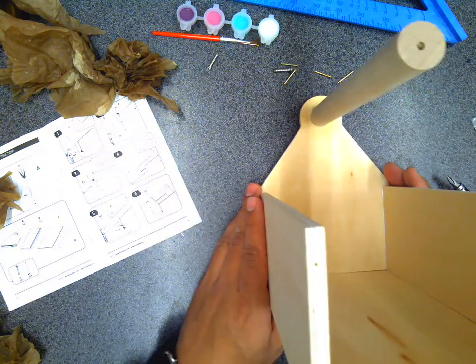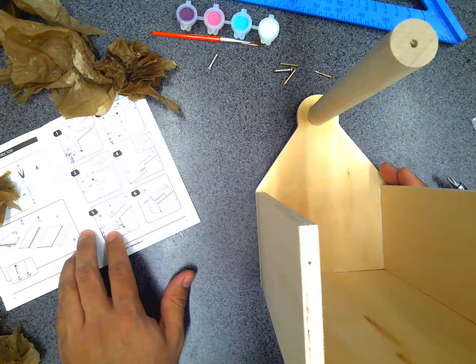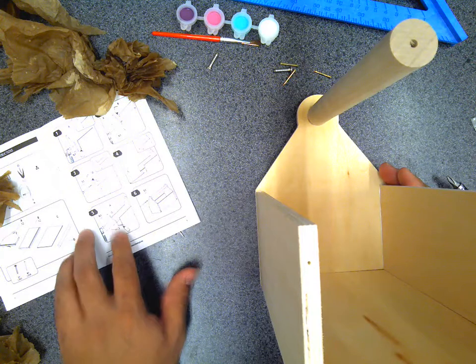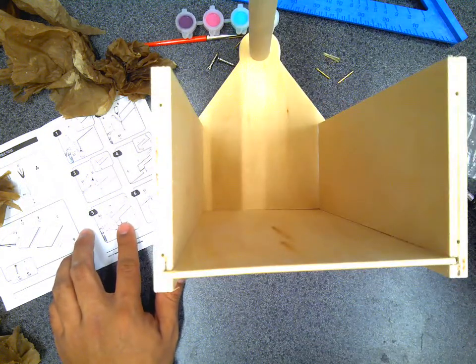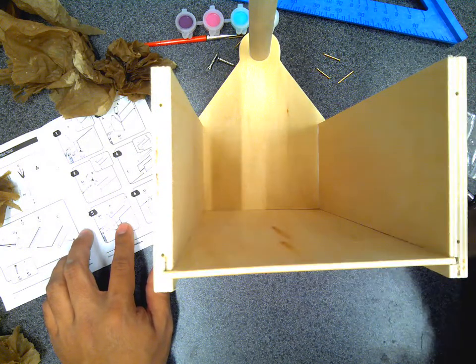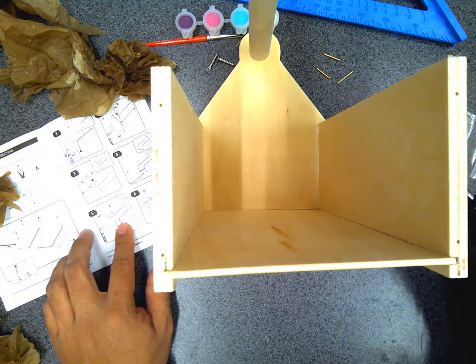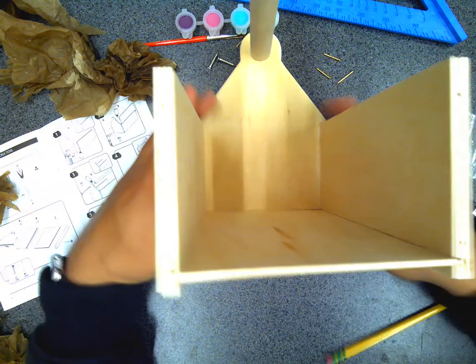And it says, step 5, put in 4 more nails and the screw and the glue. Just go for it. So let me point this out here. We're going to be applying our glue here, here, up this side too, and over here. And then putting that whole top piece on right now. Okay, so